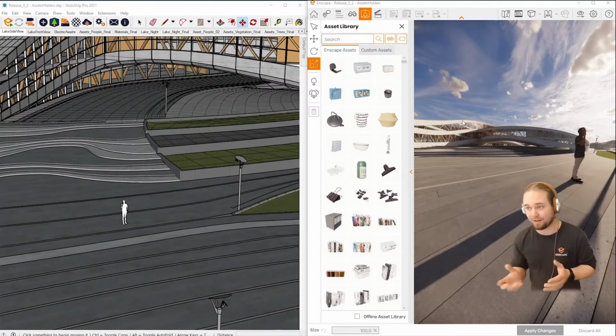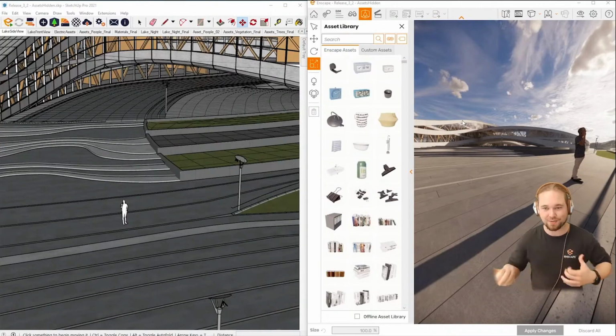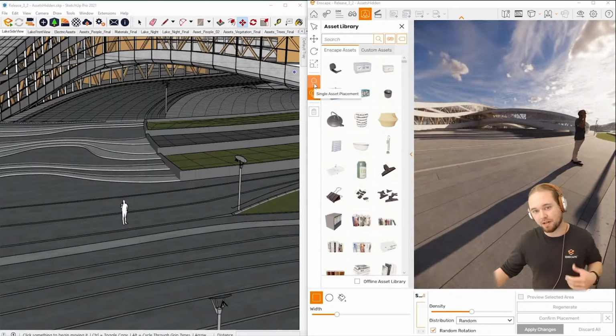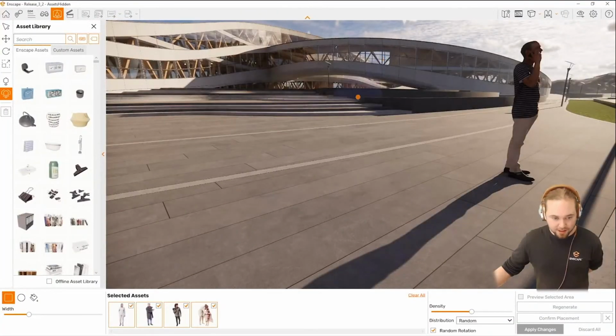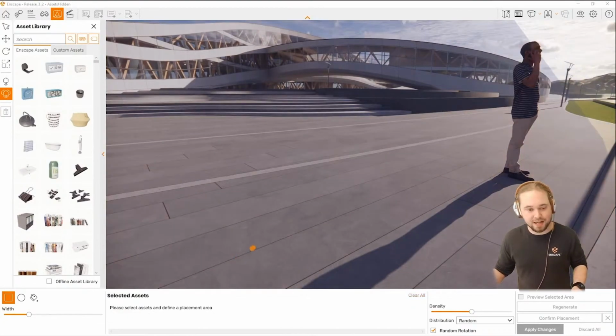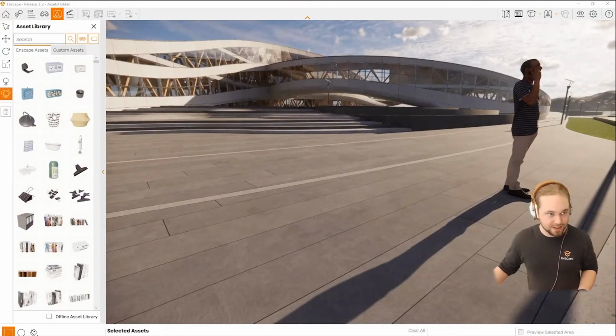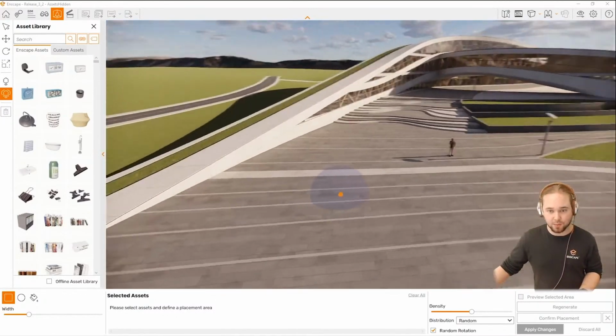Mm-hmm. So, however, it's really just the beginning, the tip of the iceberg. One of the most anticipated additions to this functionality is the multi-asset placement. If you are in multi-asset placement, you can click this button up here to return to single asset placement, but you can click this button to get to multi-asset placement. In the multi-asset placement mode, we have this selected assets area down here that shows us what assets we currently have